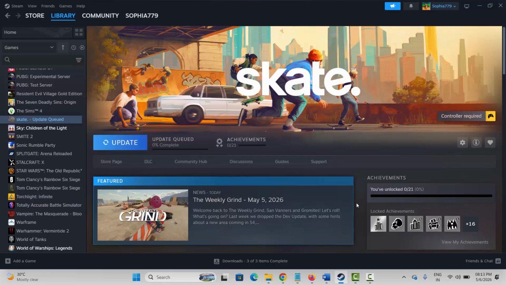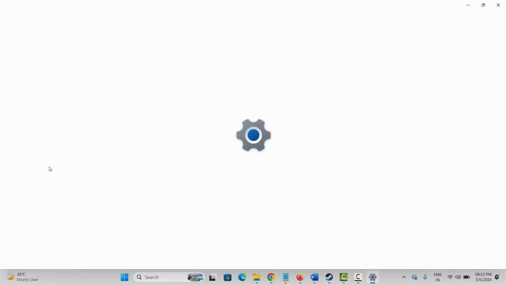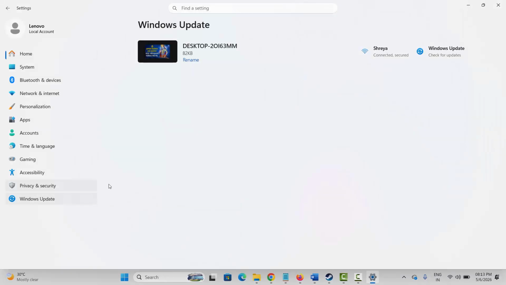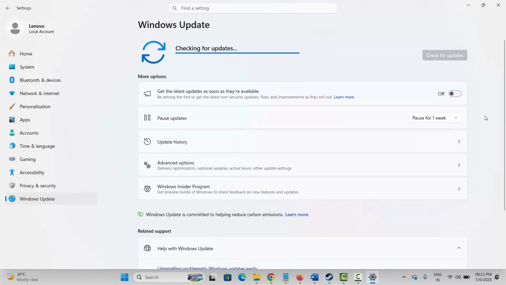card from there. Next is to update Windows. For that, go to the search option, search for settings. After that, click on the Windows Update option, click on check for updates, and it will check if there is any update available. If yes, update your Windows to the latest version, and once done, launch the game and check if you can